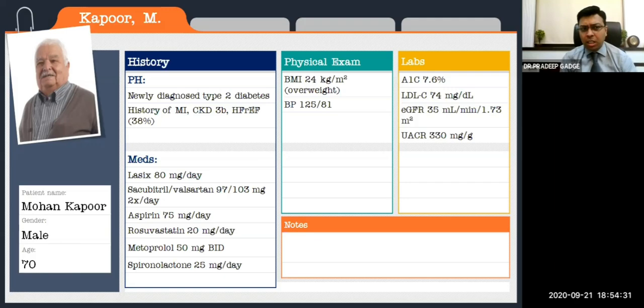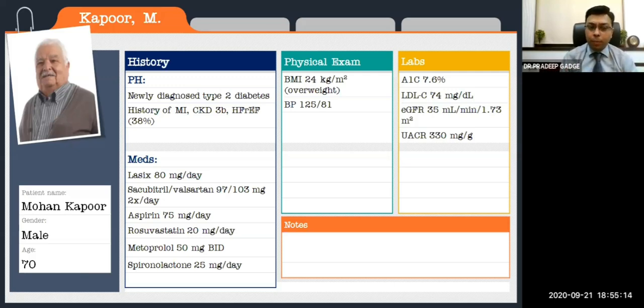Again, look at his structure. See what all things you should see in a patient. Clinical examination, your eyes, what your eyes tell you. Inspection. I hope everyone remembers, everyone understands the importance of inspection, palpation, percussion, auscultation. So see the structure of this gentleman. Doesn't he look like a patient who must be having obstructive sleep apnea? Should you not evaluate him for obstructive sleep apnea and start him on CPAP? Because obstructive sleep apnea again is a very important risk factor for aggravation of CKD, CVD, and all other sorts of complications. So just don't treat the reports, treat the patient.